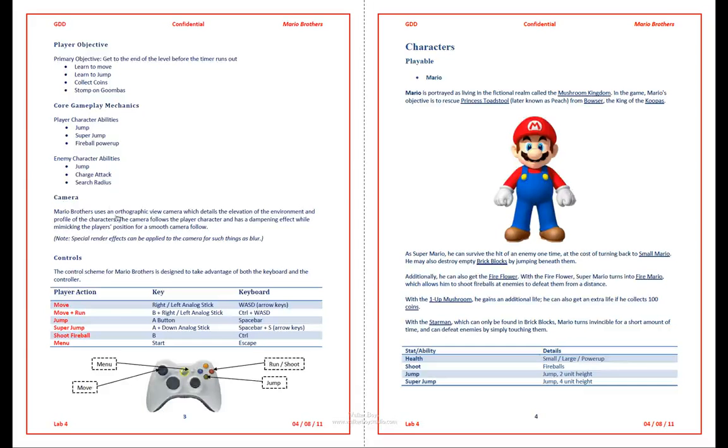We are doing just a 2D side-scroller game with a little bit of dampening on the camera to make it nice and smooth. After our camera, we have one for controls. And the controls are just how do we control this character. These are things we have to document so that we understand what we're actually trying to create,